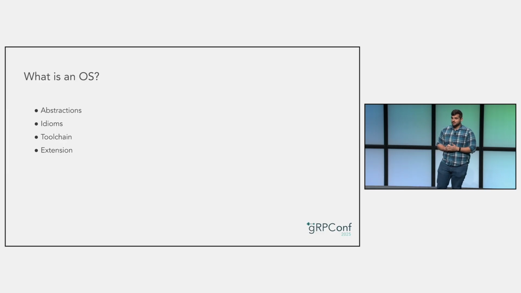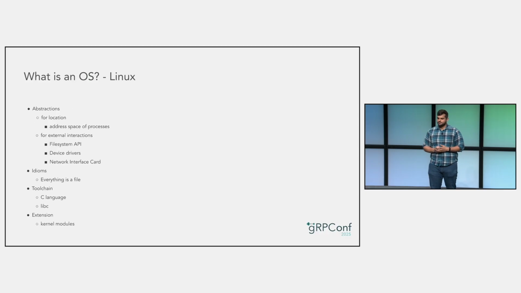Good operating systems build those abstractions with common idioms. That is, the abstractions provided should be similar enough to each other that the whole thing doesn't fall apart in a pile of complexity that no one developer can hold in their head. And the really good operating systems provide a tool chain that paves a yellow brick road for 99% of use cases. Now let's make this concrete by looking at Linux.